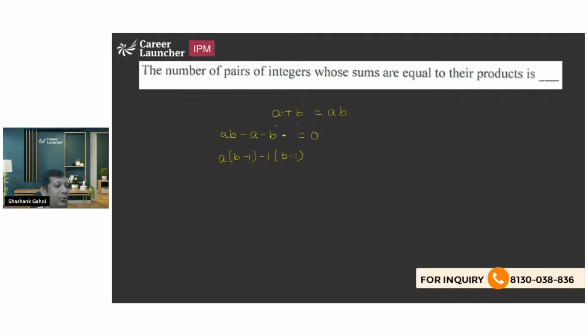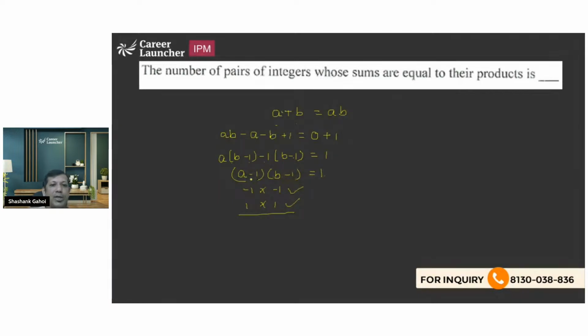So what we are going to do, I am going to add a plus 1 on both sides. So that is going to be 1. Now यहाँ पे our equation becomes a minus 1 into b minus 1 and that's equal to 1. Now it is going to be minus 1 into minus 1 or 1 into 1. So अपने पास टोटल कितने सोल्यूशन आएंगे, 2 सोल्यूशन आएंगे